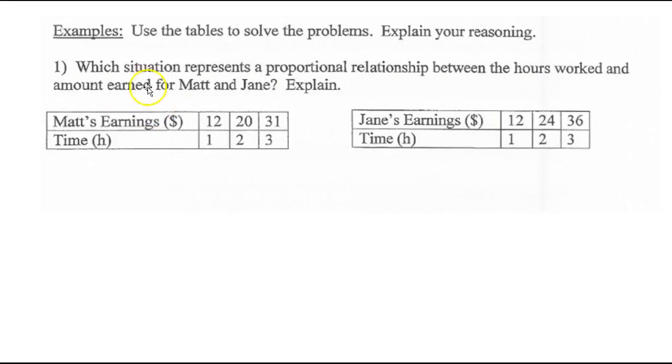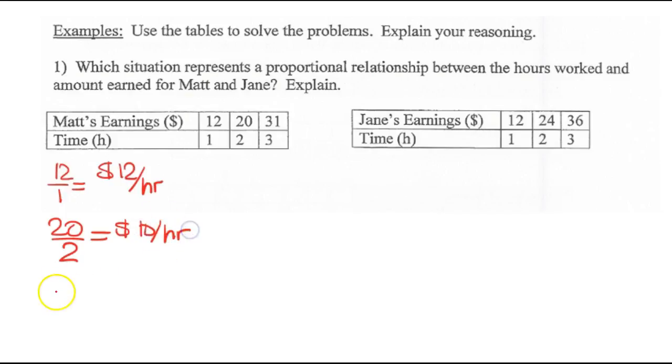Here's another example. Now we can see there's two different tables here. Which situation represents a proportional relationship between the hours worked and the amount earned for Matt and Jane? We need to explain. Alright, so let's look at Matt's earnings. He has $12 for 1 hour. So as a rate, this is going to be $12 per hour. Now we have $20 for 2. So as a unit rate, if we divide this by 2, this is actually going to be $10